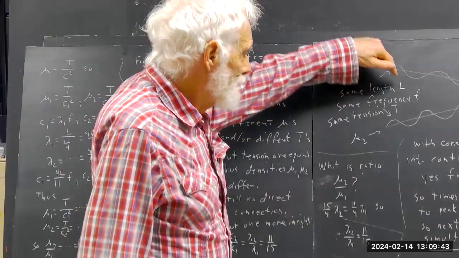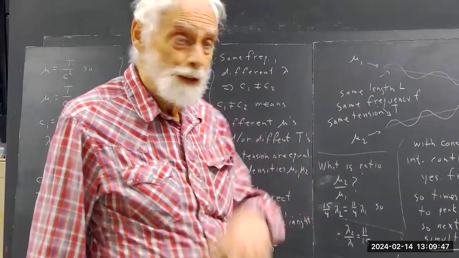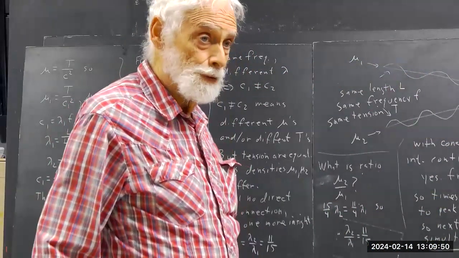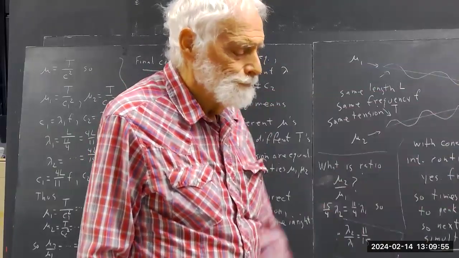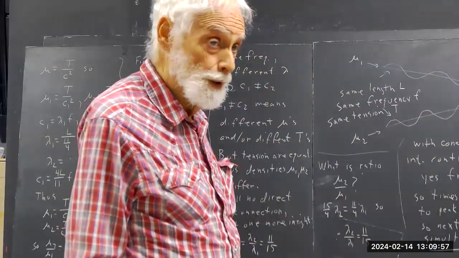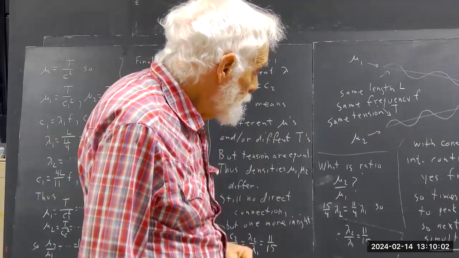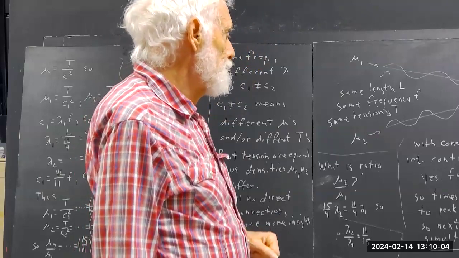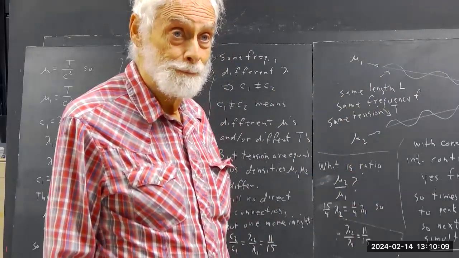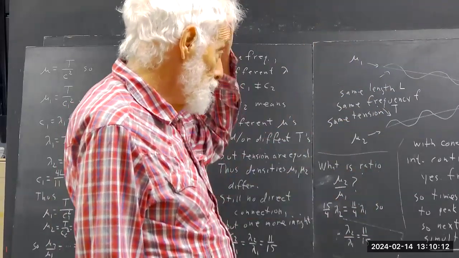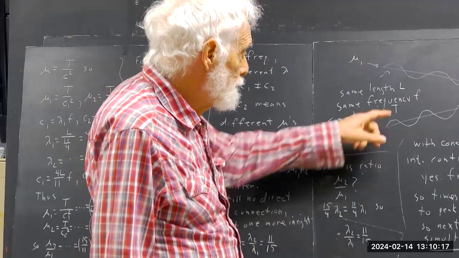I've got lengths, frequencies, tensions, and mass densities, all of which affect this situation. Okay, the question of the interference at that end, whether it's constructive or destructive. You could say, okay, we're going to use two strings of the same mass density. I could give you two mass densities, that'll be okay too. But let's say they have the same mass density and everything is the same except the tension.